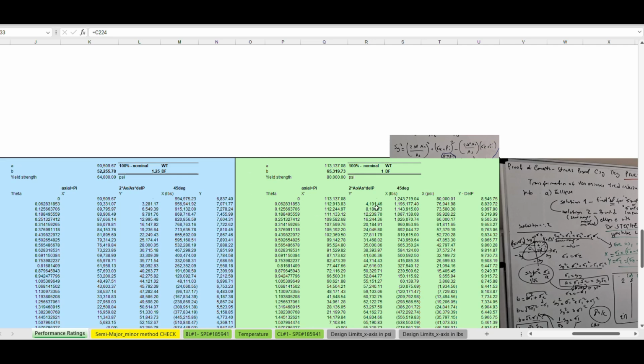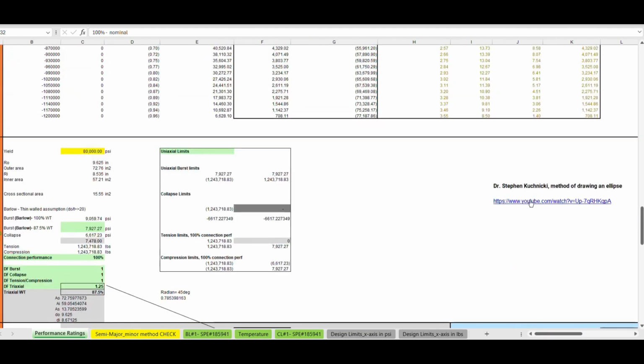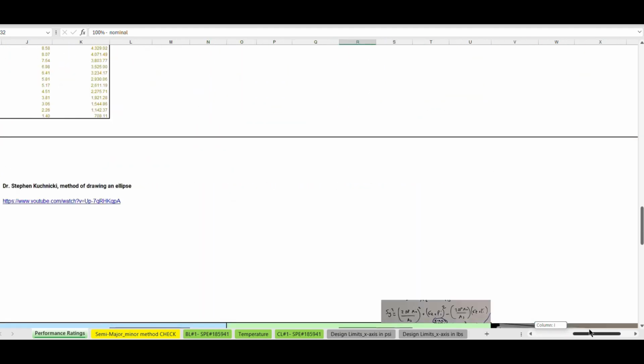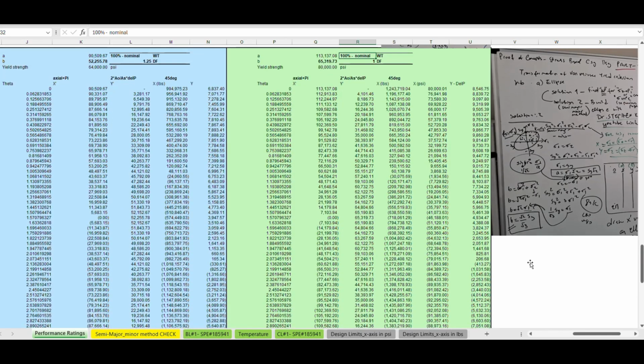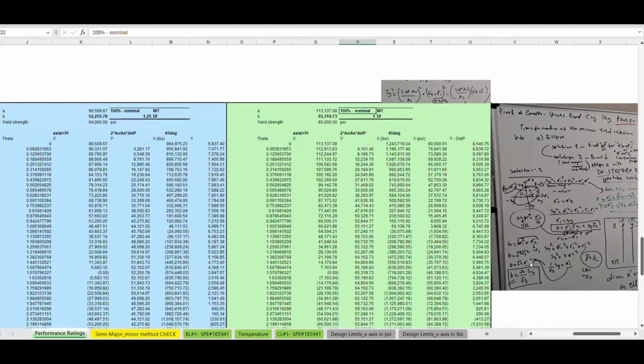That's why I'm going to use the method of semi-major and minor, using the 100% nominal wall thickness and the design factor of one. If you remember Dr. Kutnitsky's video, I put the video link under part number 5 and part number 4 on YouTube. So with a given yield strength of the pipe, of course, with a given outer area and the cross-sectional area,